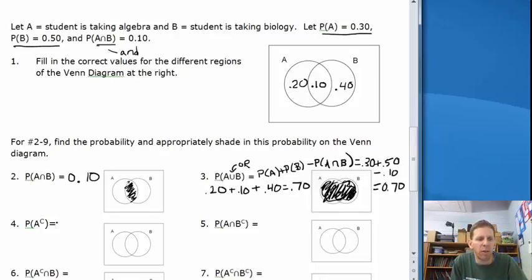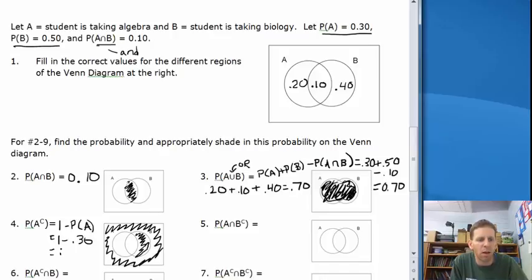Number 4 is the probability of A complement. This is the probability of not A. Some people view it as being 1 minus the probability of A. So we're going to take anything that's not part of circle A. That would include not only this crescent region here, but students that are taking neither algebra nor biology, so this region here. If we use the formula, the probability of A is 30%, so 1 minus this probability would be